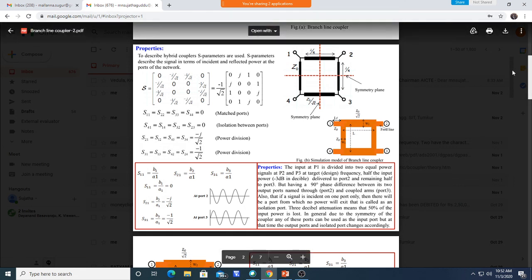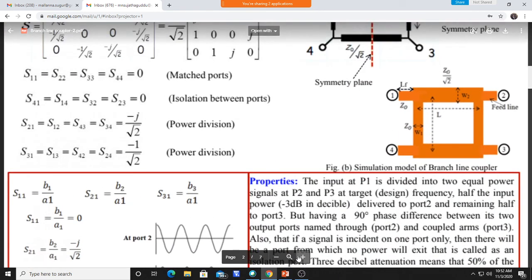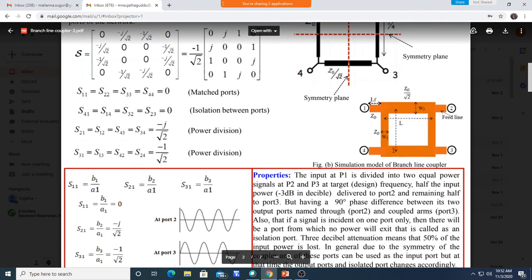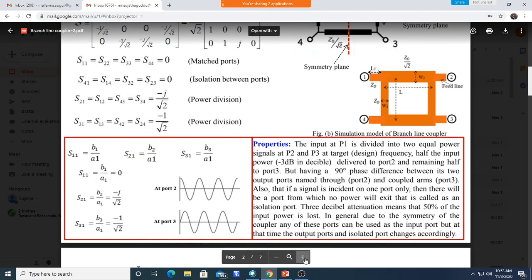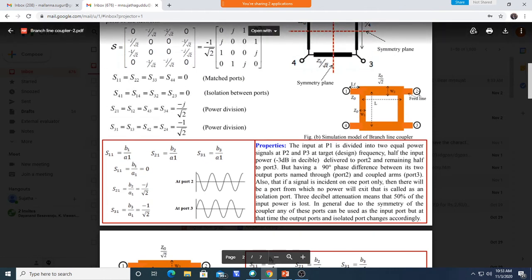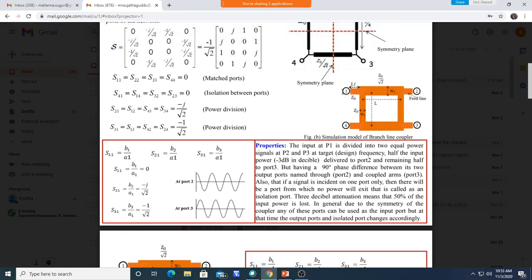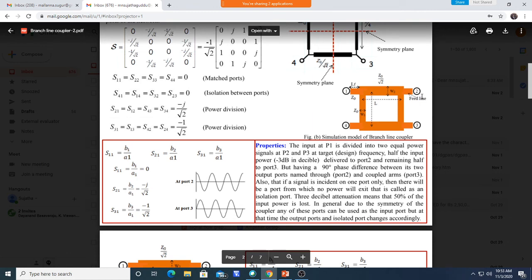So here, what you have to do is check whether the power is being divided or not. In the laboratory, send a signal from here and see whether it is divided equally or not. That is what you have to check. Usually, as I said, 1 volt will be connected here. So what do we get here? Power is half, not the voltage. Half the power means 0.5, which is minus 3 dB.